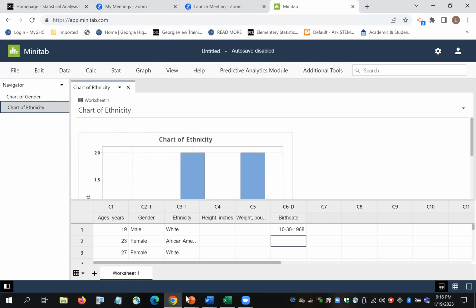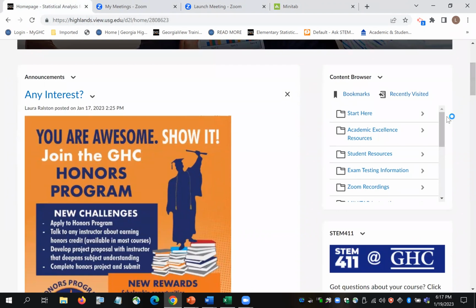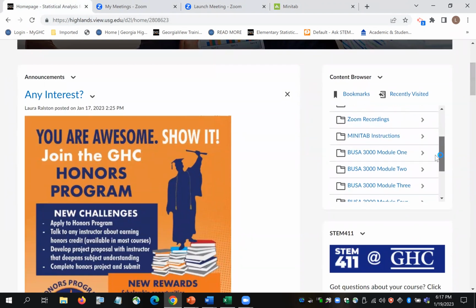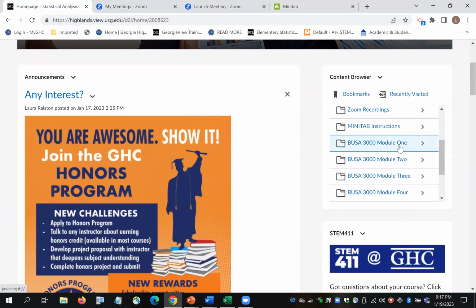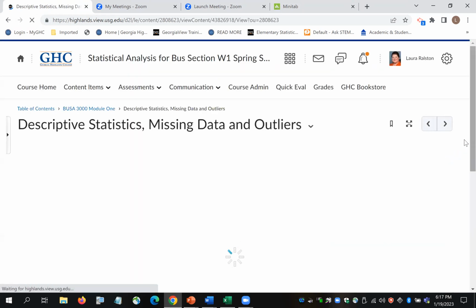Okay, the other thing that you're going to be asked to do throughout this course is to upload a data set to prevent you from having to enter the data by hand. In many cases, I give you the data set. For example, if I go to Module 1 and tonight's lesson on descriptive statistics, missing data, and outliers,